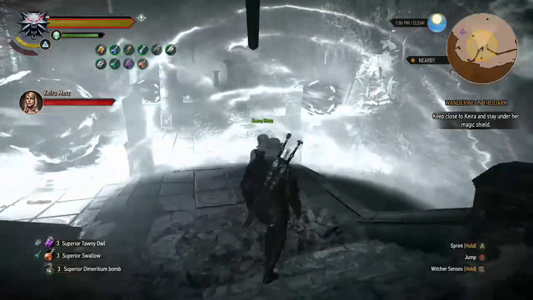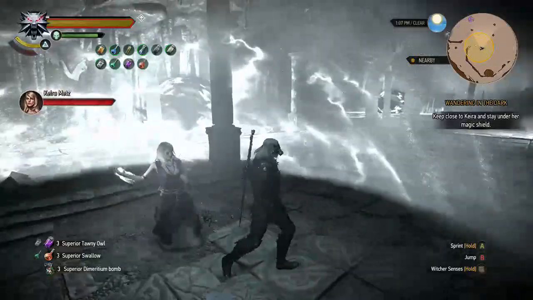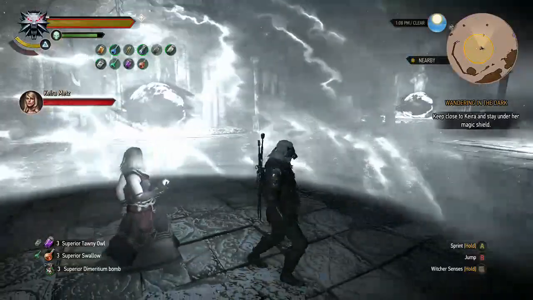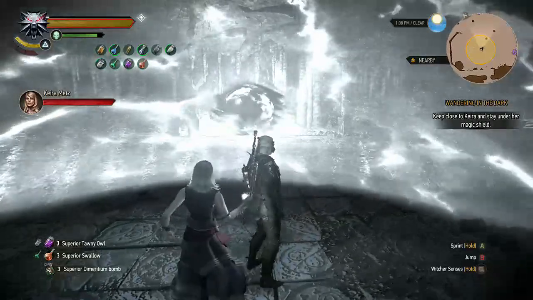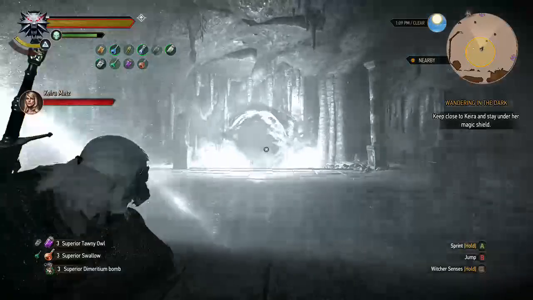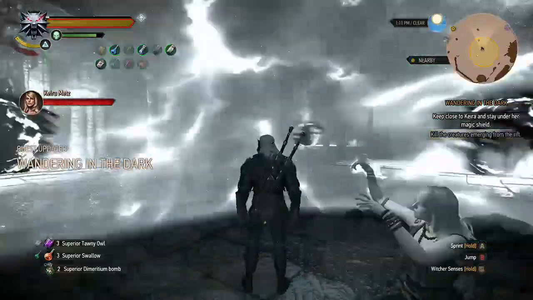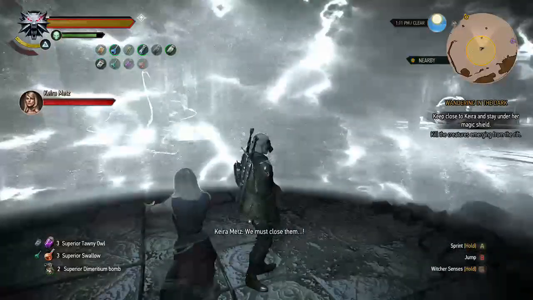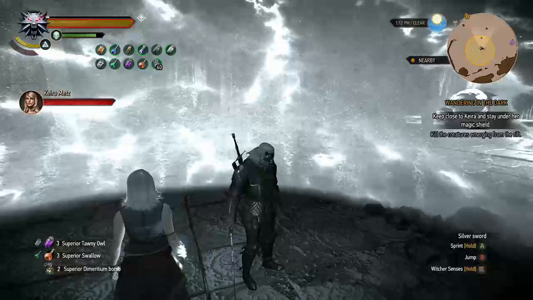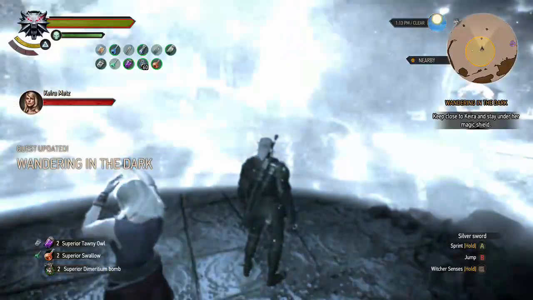So you can actually throw the Dimeritium bombs and close the portal. So that should take effect once we get to the right point. I think that should close the portal. It's a lot easier on New Game Plus because you can do that. I mean, obviously I could fight these things, they're not going to be difficult, but...